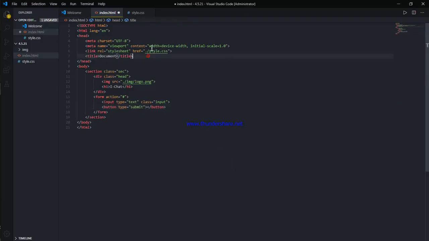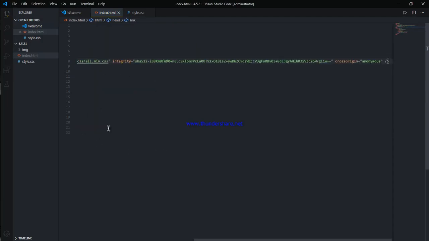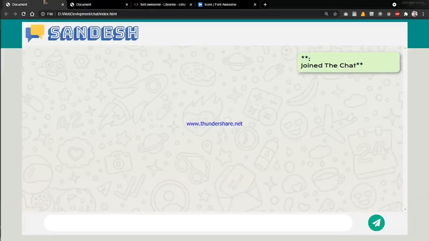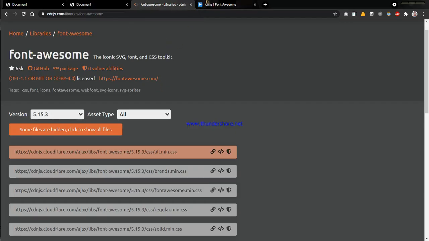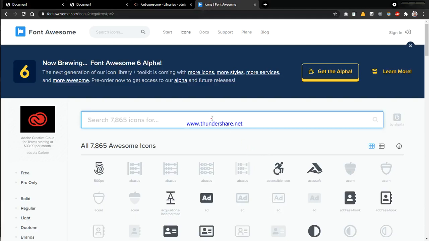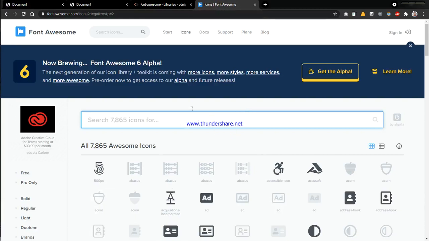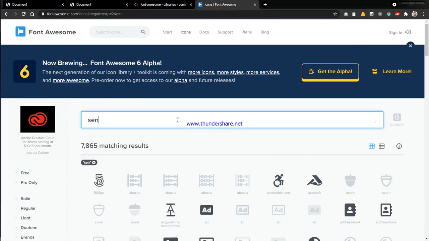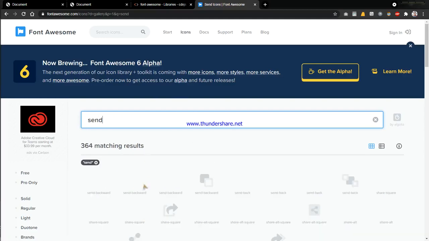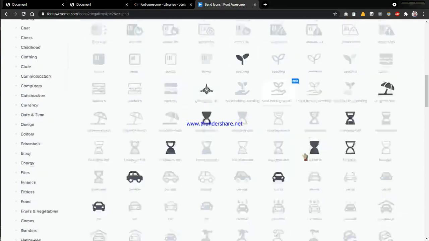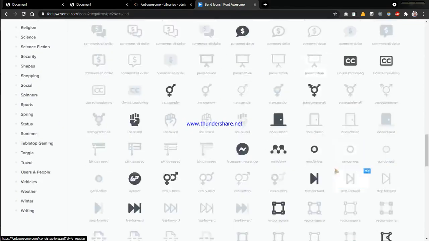We'll paste it in the head tag of our HTML file. It will help us bring all the logos into our application. Then we'll search for an icon that is send or something like that.